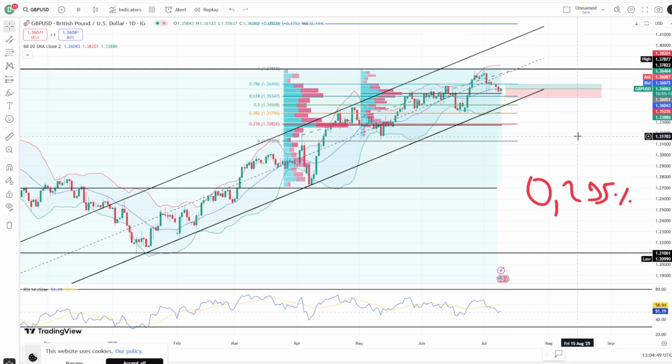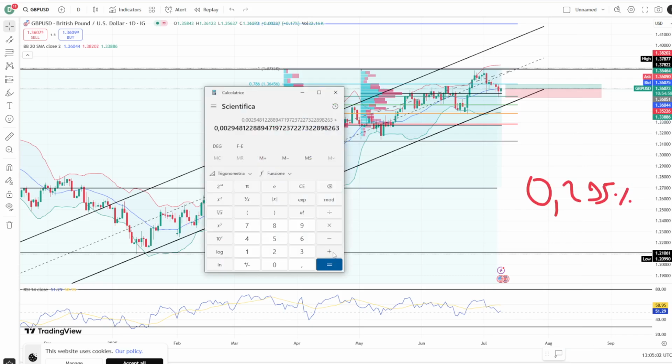That's for one, it's a daily volatility, daily standard deviation. So okay, if I do plus 1.3607, that's the end result, 136.36. Okay, so I can expect reasonably that the exchange rate today will move towards